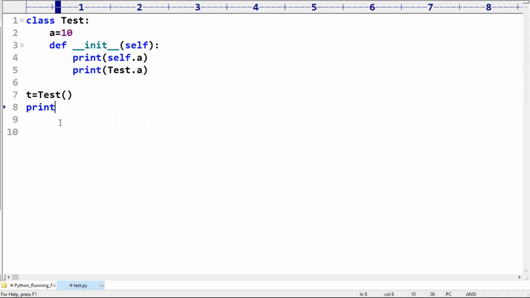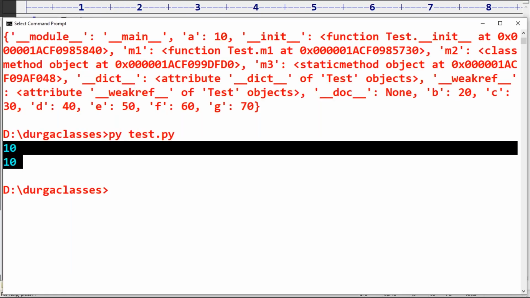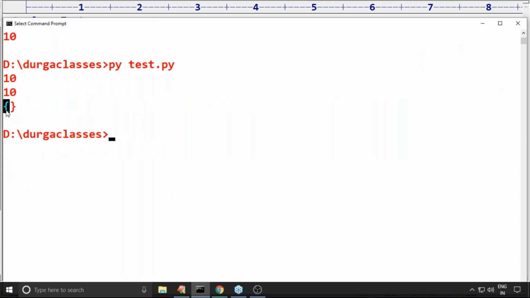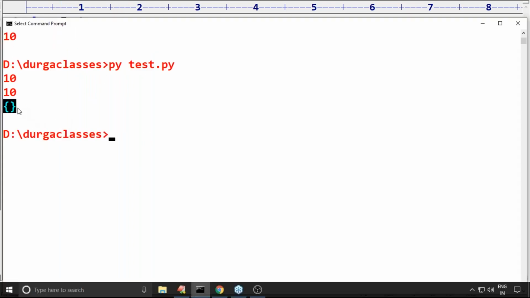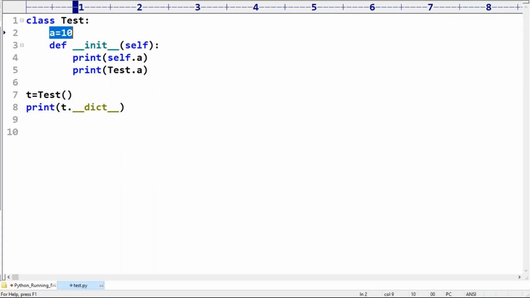Suppose I print t.__dict__. What is the output we are going to get? Empty. Because this object doesn't contain any instance variable, this variable is a static variable only. Are you in a position to understand how you can access a static variable?